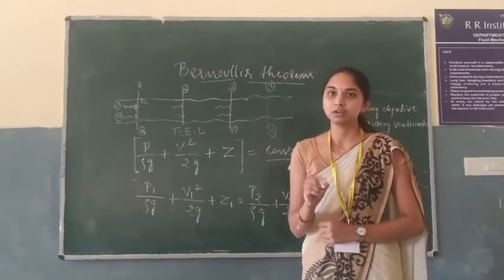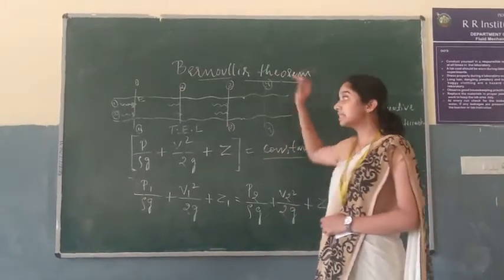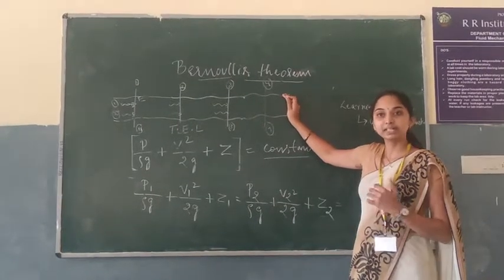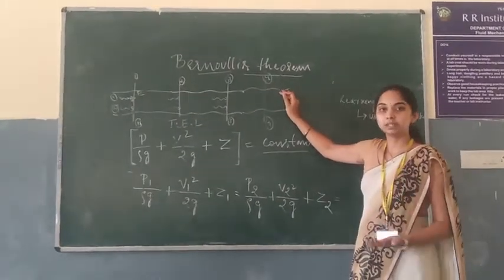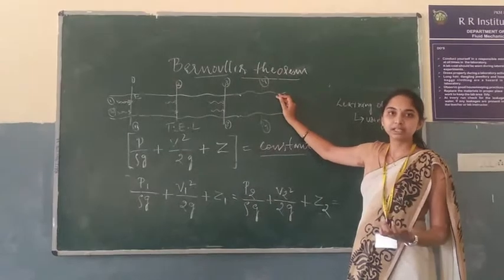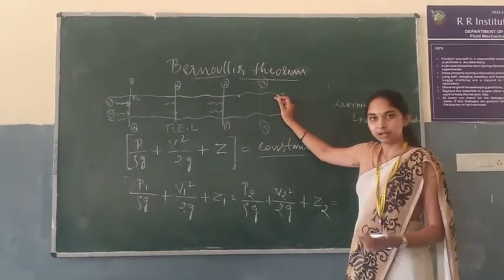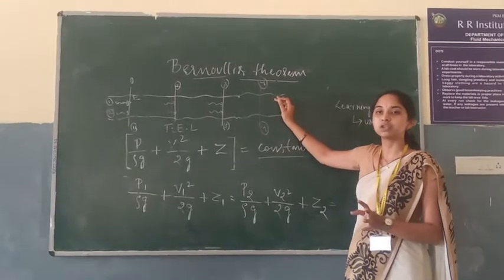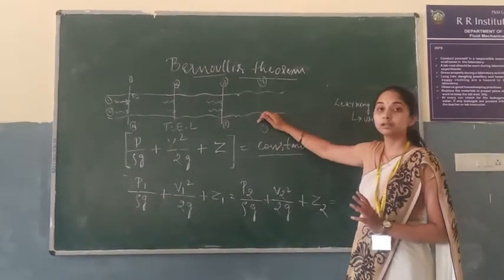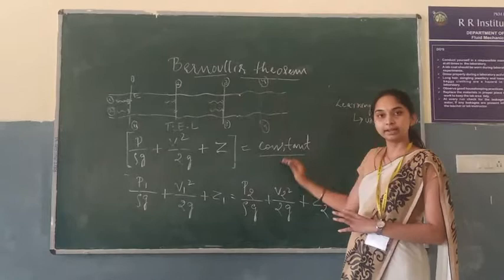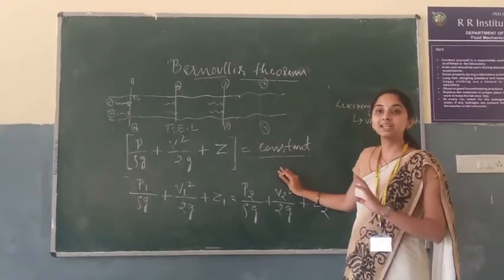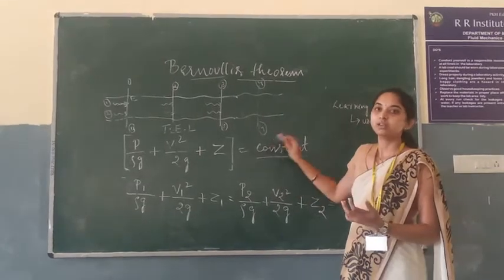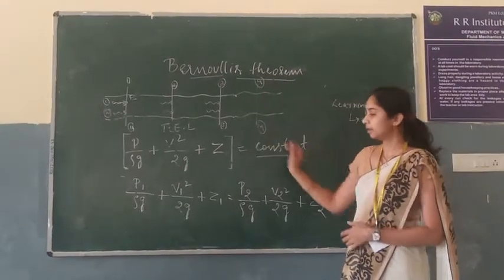That's a question now. See, when Bernoulli stated this theorem, he gave us a few assumptions: the fluid is ideal, and the fluid is incompressible. You cannot compress that fluid. Is there any fluid available like that? Ideal fluids are purely imaginary fluids. So this theorem, whatever he has given, is correct, but practically it is very rare to see this. So we are going to verify this today.